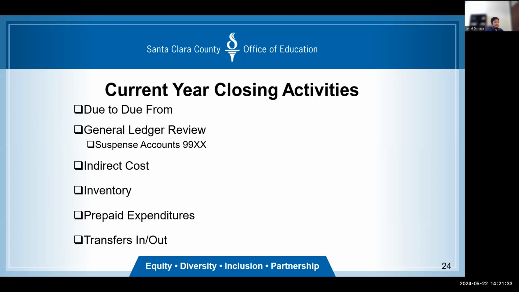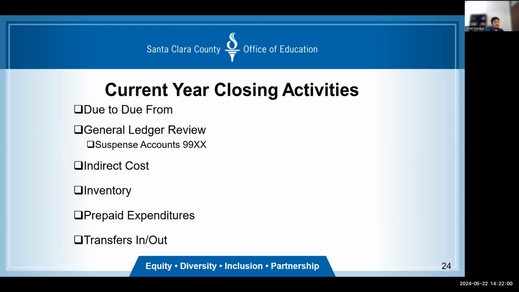Some other activities are the due to, due from, as was mentioned. Make sure they're accurate. And your 9310 should always have a positive balance, and your 9610 should have a negative balance. In general, you look at all the items mentioned previously, but also in particular the suspense accounts, 99XX. Make sure the suspense accounts have been analyzed and addressed.